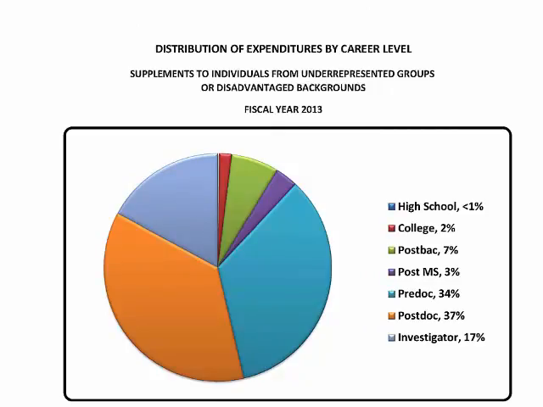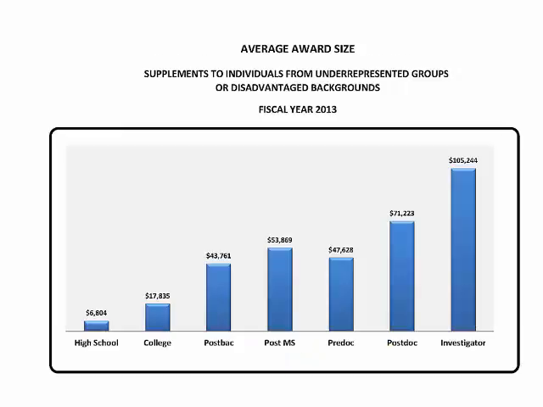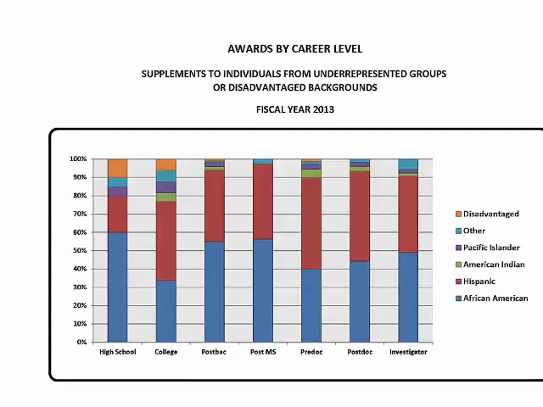And then this is just the distribution of expenditures by type. And then this is at each of the levels, how big are these awards? Okay, and this is 2013 data. But you see for an investigator, the awards are on average $105,000 a year. So this would be both salary and benefits. So usually the salary support is somewhere between $60,000 and $75,000 a year, and then it also covers your benefits.